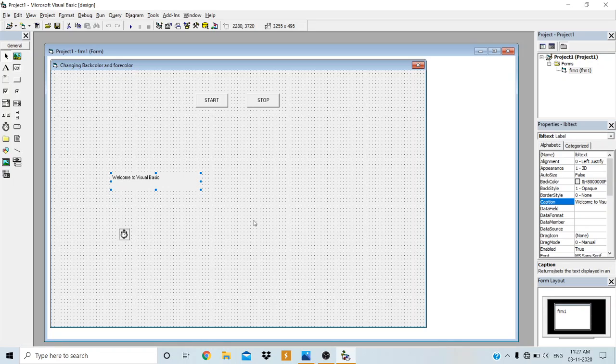does the problem statement say? The text has to be displayed where? At the center of the form, center of the window. But our label control is present somewhere here, not at the center. Later we'll arrange that, but here I will change another property of the label, that is the alignment